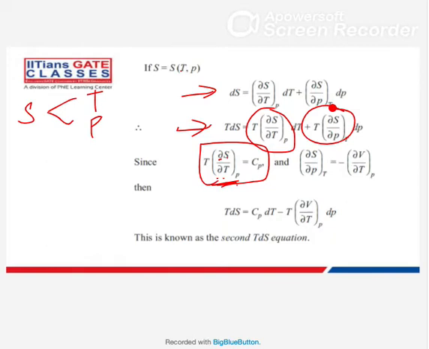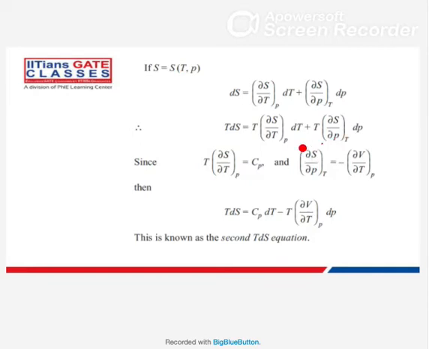And this one, if you remember, we want a relation between pressure, temperature and volume, so that for ideal gas and others we can derive here. So this one you can replace with (∂V/∂T) at constant pressure. Now again, if you see P and S is there, then definitely one negative sign will come, from our Maxwell relation. So you replace it here, we'll get this particular equation. This is our second TdS equation. Similarly, you can derive the third TdS equation also, if you take entropy as a function of pressure and volume.